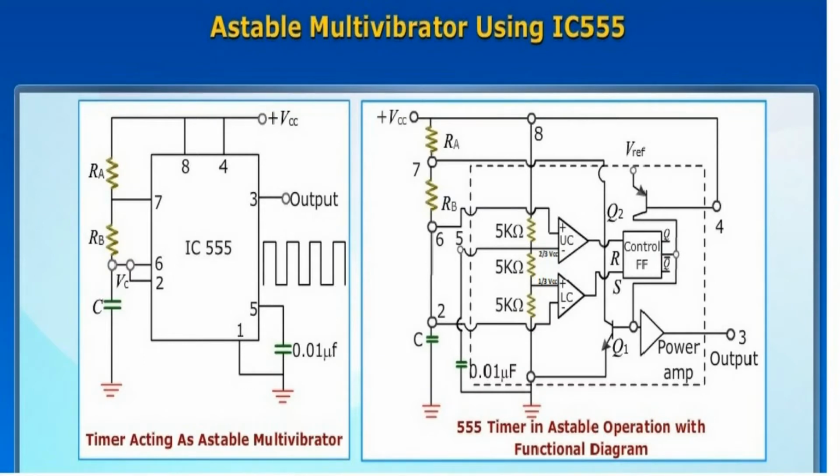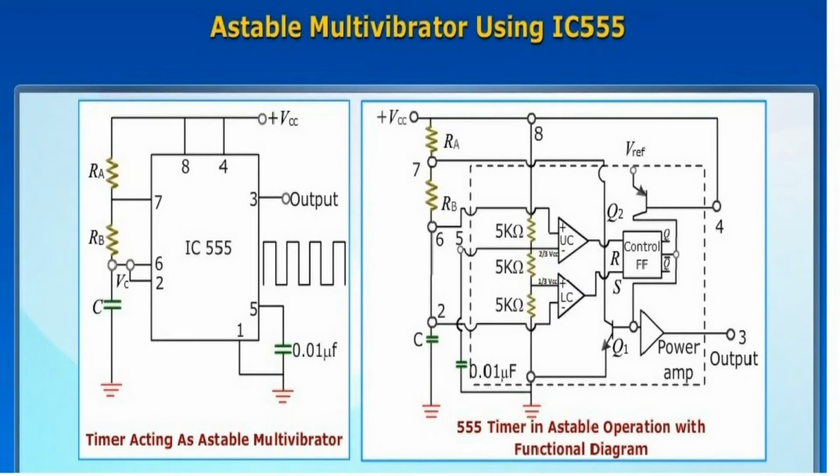Now we can discuss the operation. When a supply voltage VCC is applied, the voltage divider network supplies 2/3 VCC bias voltage to the inverting input terminal, that is the negative terminal of the upper comparator, and also supplies 1/3 VCC to the non-inverting terminal of the lower comparator.